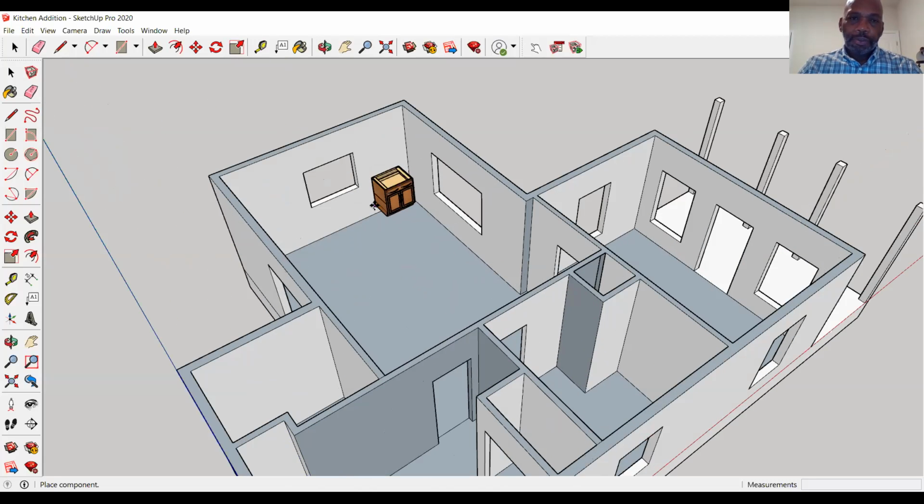So I'm just going to put it in this corner for right now. And then I want to make reference to